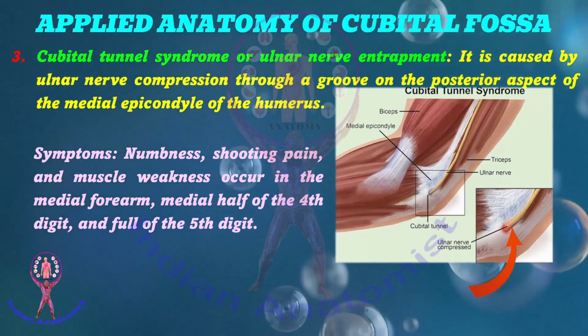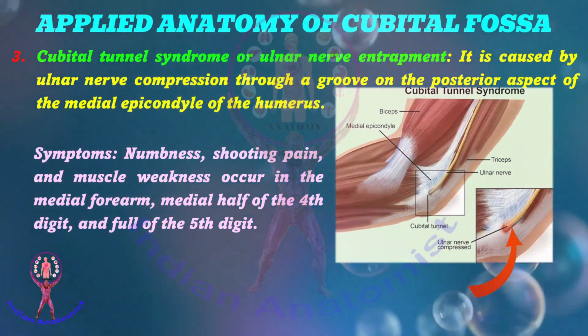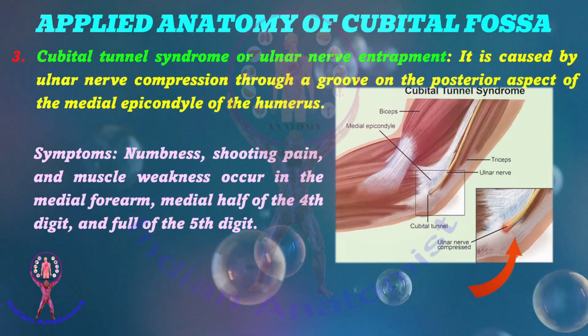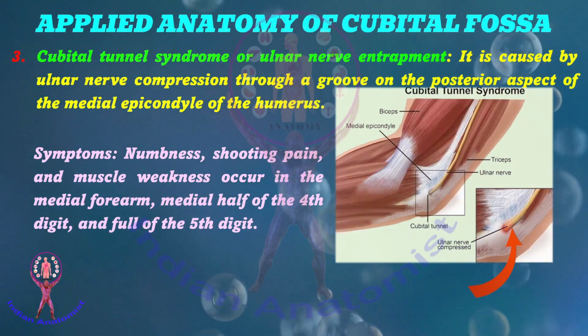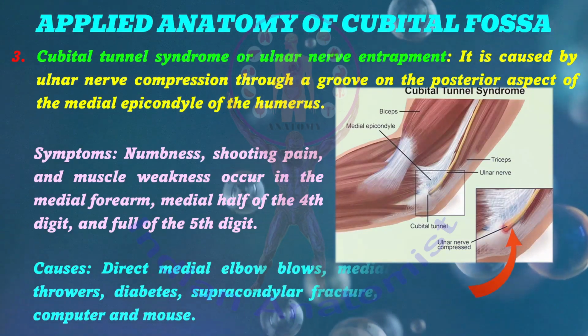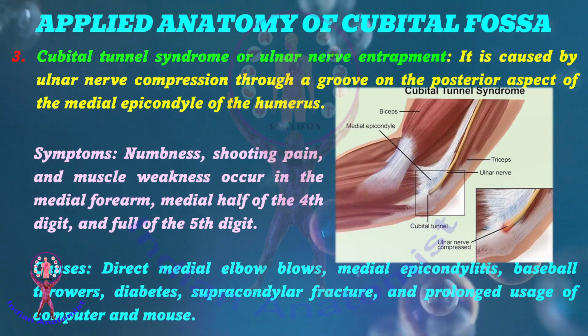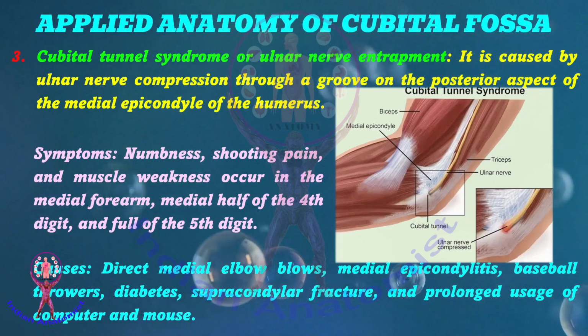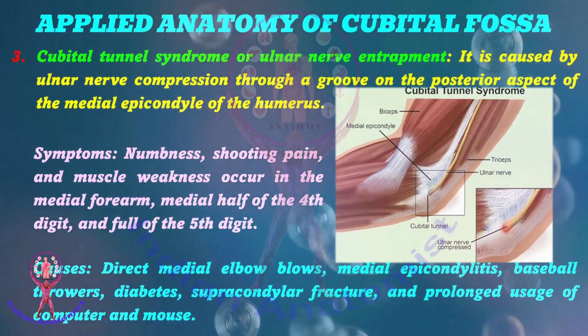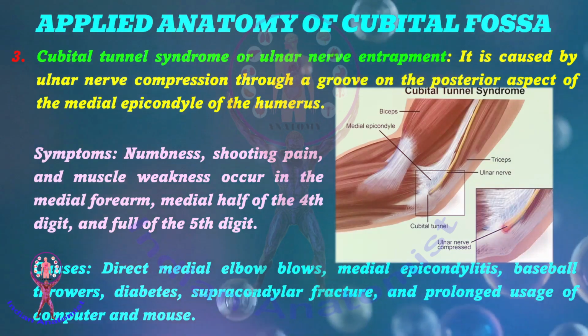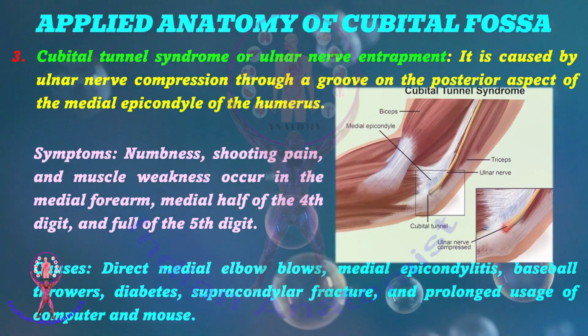They are the numbness, shooting pain and muscle weakness that occurs in the medial forearm, medial half of the fourth digit and full of the fifth digit. The causes of the syndrome are direct medial elbow blows, medial epicondylitis, baseball throwers, diabetes, supracondylar fracture and prolonged usage